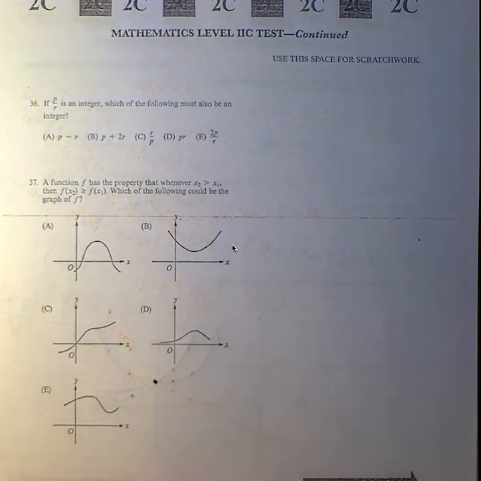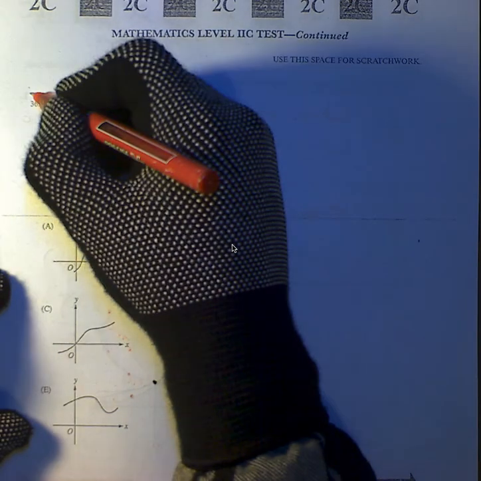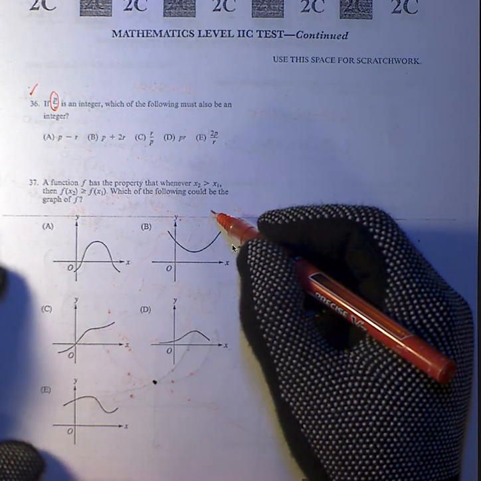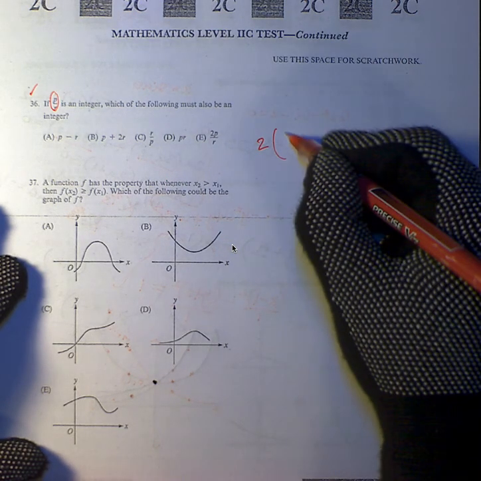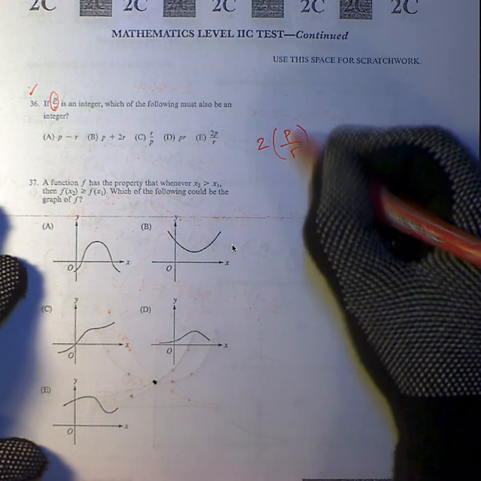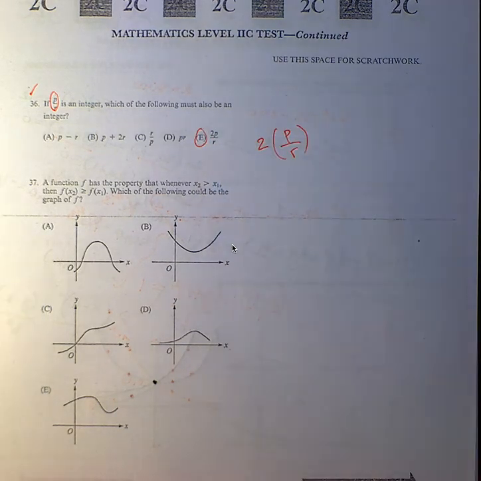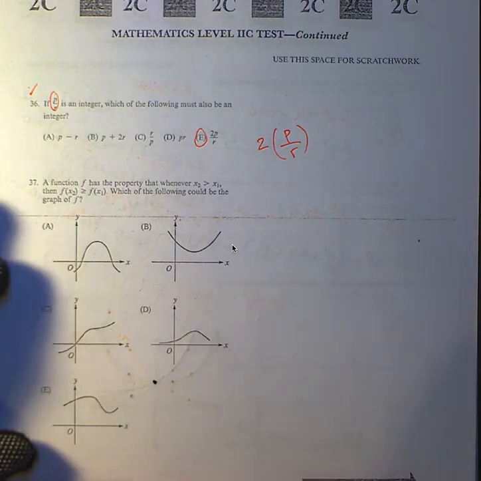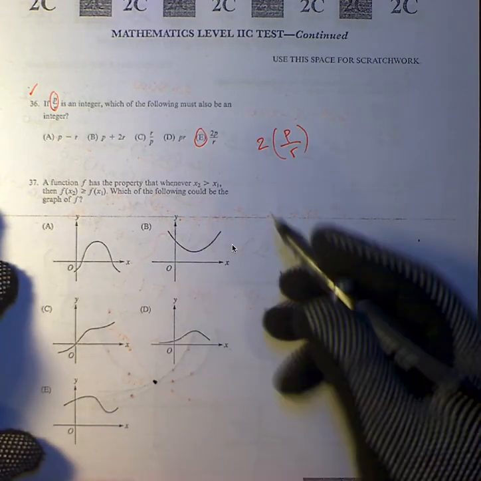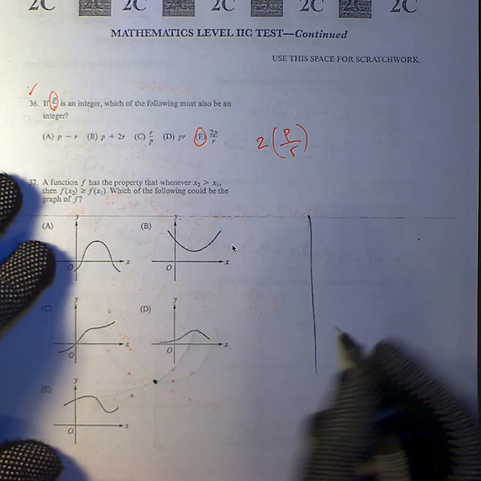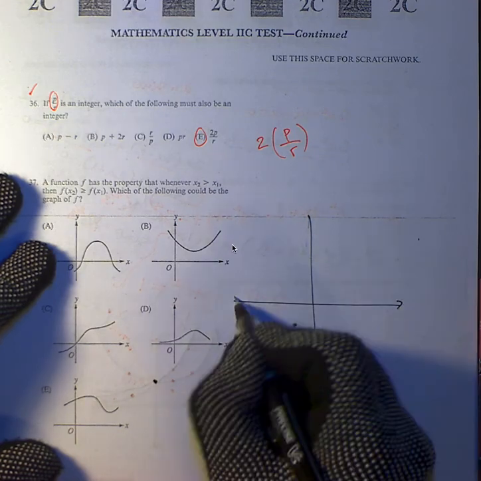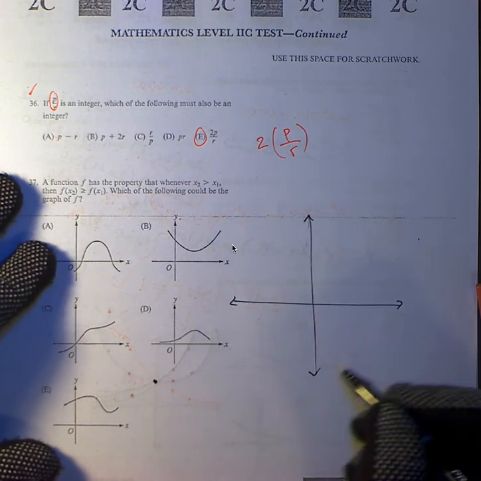So 36 now. This is a silly question, but a nice trick question. They say p over r is an integer. Which of the following is an integer? I don't know, 2 times p over r? Because if p over r is an integer, why wouldn't 2 times an integer be an integer? Therefore, answer choice E. Now, for 37, they're telling you that if you graphed your function f, it has